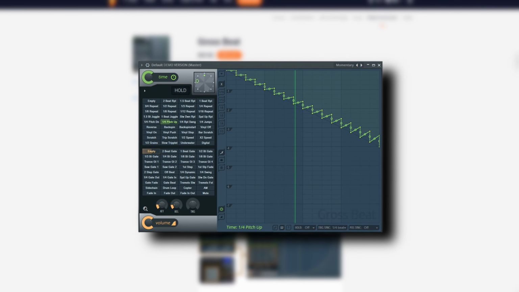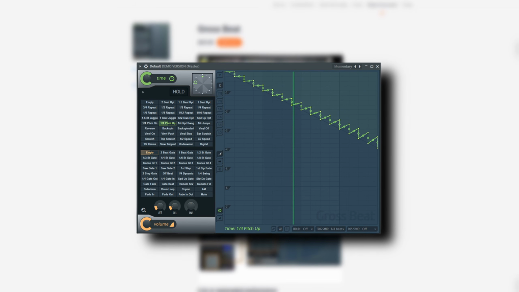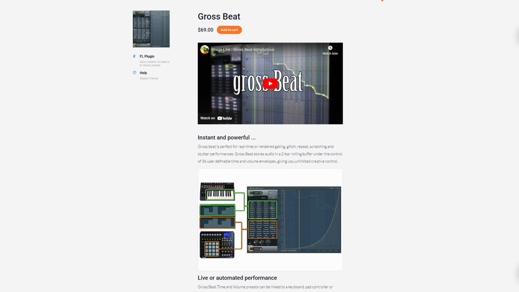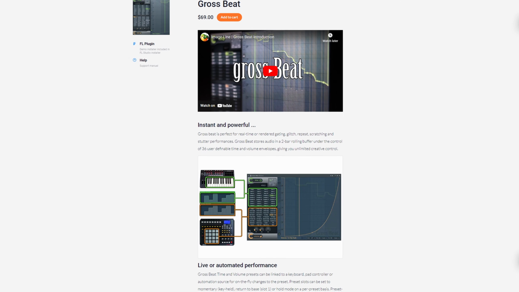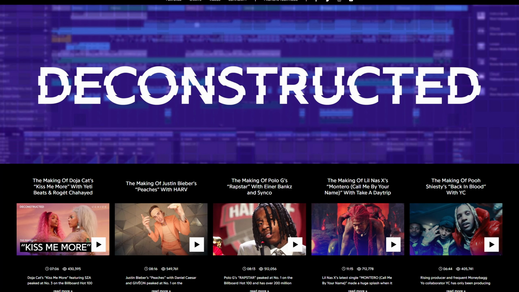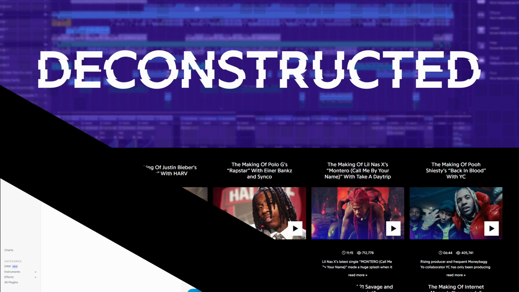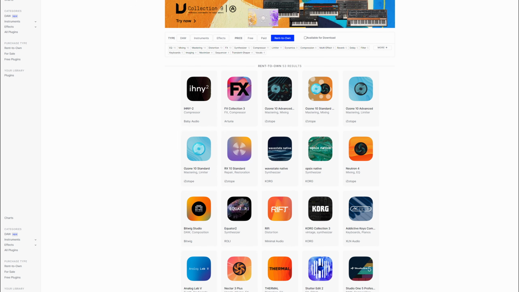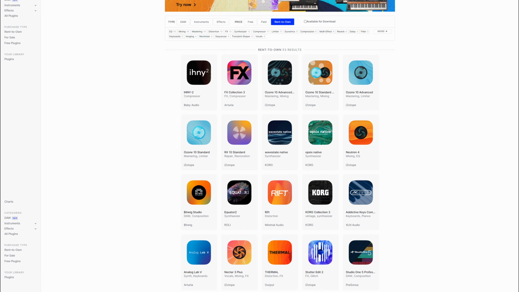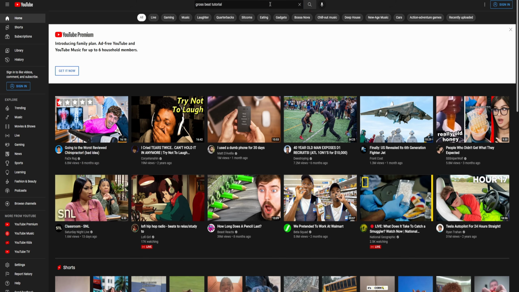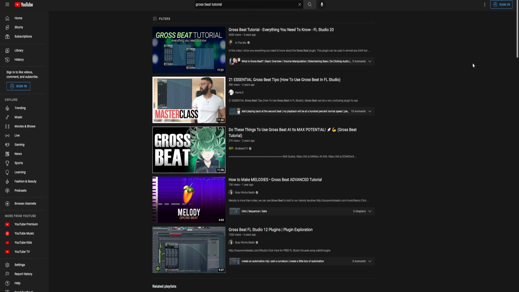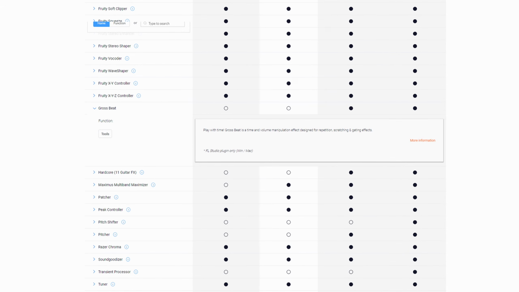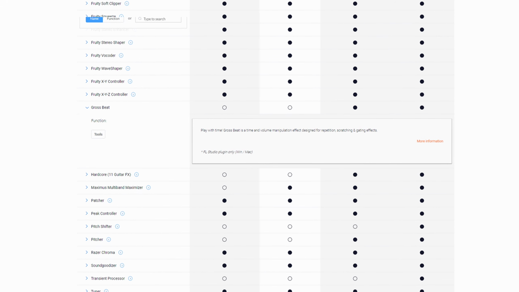Grossbeat is probably one of the most recognizable music plugins ever. I bet you watching have probably heard the term thrown around if you've watched Genius Deconstructed videos or are listeners of hip-hop or EDM. There are plenty of hardware synthesizers or digital plugins that have well-known reputations, but none of them compared to Grossbeat. It single-handedly changed how music was produced for an entire new generation of kids. Not only that, but if you own FL Studio, it was free.